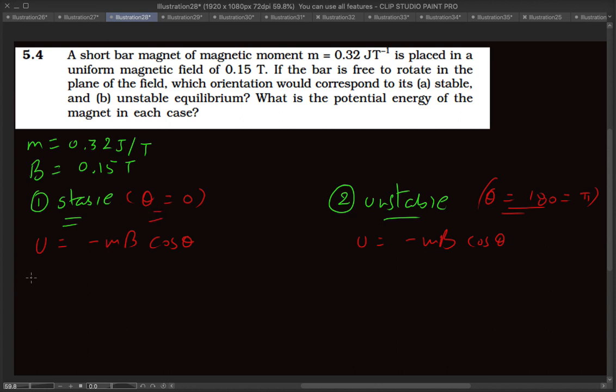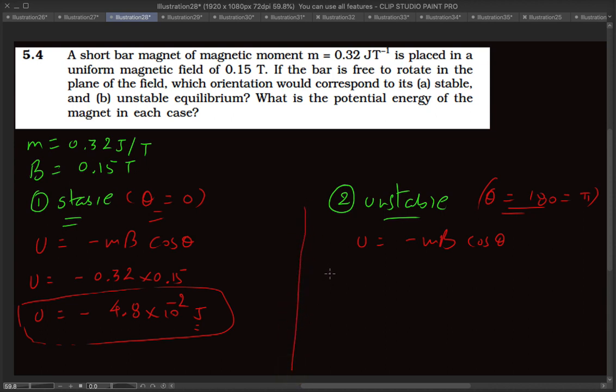So my values I'm placing over here: minus 0.32 multiplied by 0.50, cos 0 is 1, so my answer would be negative, that is 4.8 × 10^-2 joule, because you are aware that whenever your values are like that, the unit is called a joule for the potential energy. You can also observe that the unit of a torque